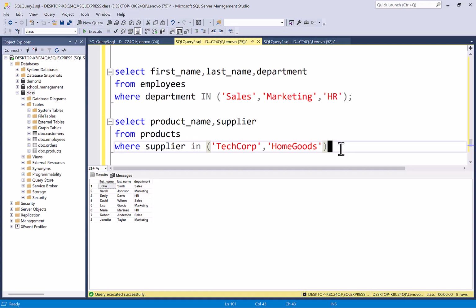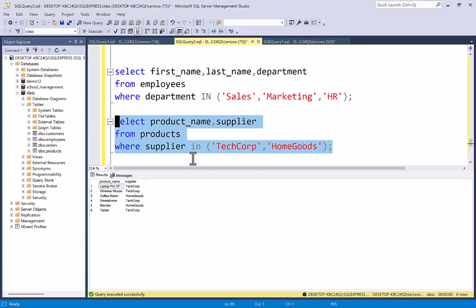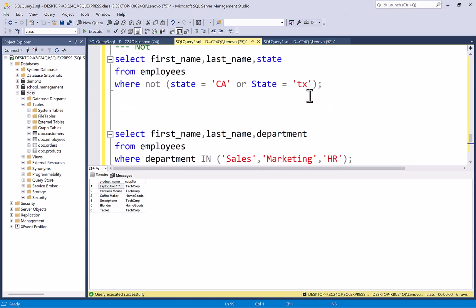Okay, and let me run this query. Now you see, I'm only getting suppliers who are part of Tech Corp and Home Goods. Okay, that is how we can use IN, NOT IN,